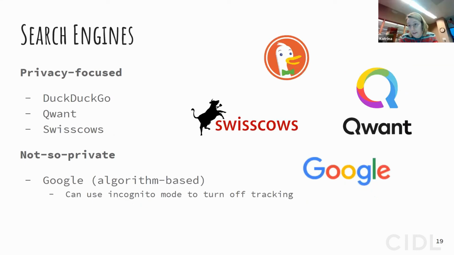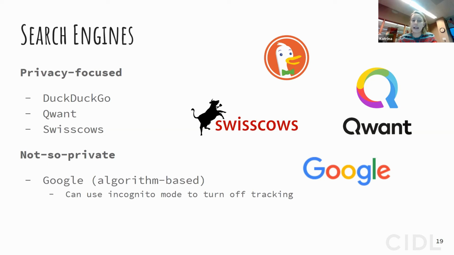So the next thing that we want to talk about are search engines. I'm sure many of you have Googled something before. How do I sew this edge together? How do I cook Brussels sprouts? As I have recently looked up. But like Bill was talking about, anything that's a Google product doesn't make it inherently bad. It just makes it inherently less private. And the search engine in particular, which is what Google is known for,